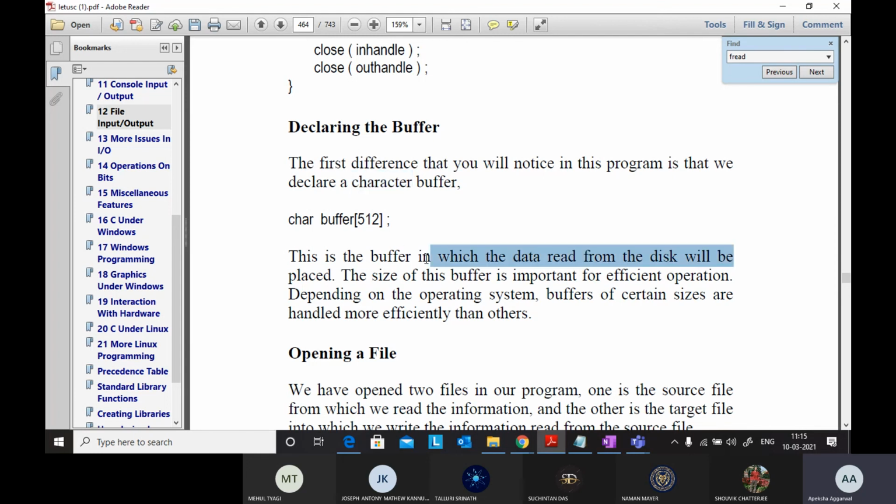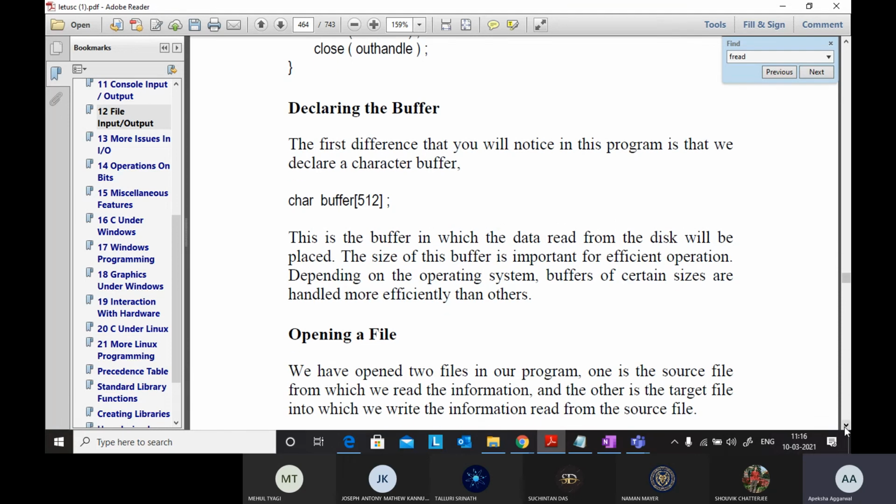This is the buffer in which the data read from the disk will be placed. The size of the buffer is important for efficient operation, and depending upon the operating system, buffers of certain sizes are handled more efficiently than others. So basically you are just creating an array and that is your buffer, and it will read from the disk. All the reading and writing will happen through this buffer that you have defined.